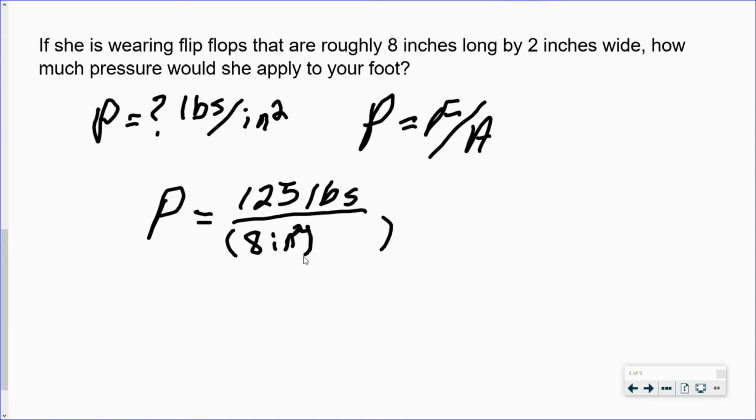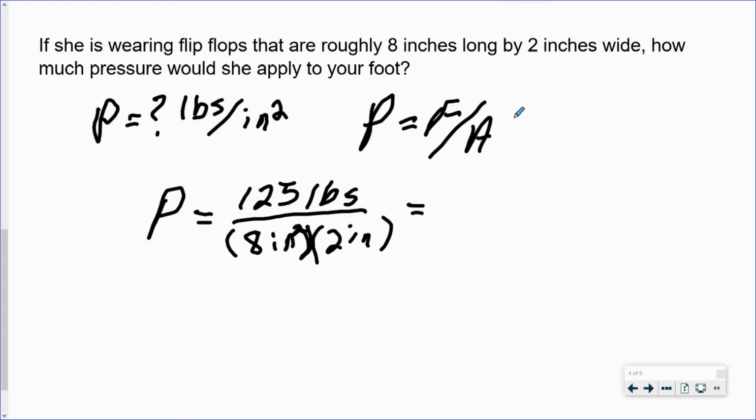So 8 inches times 2 inches, which gives you 16 square inches. And if you put that into your calculator, 125 divided by 16 gives you 7 point something,